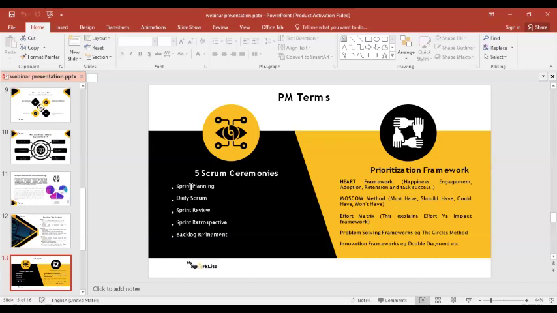So how does that really work? You are prioritizing features, fixes, and requirements on the basis of order of importance. This is where a prioritization framework comes in.